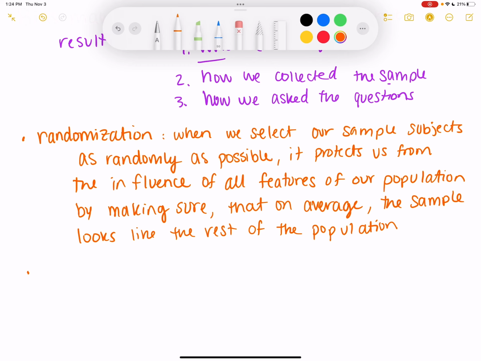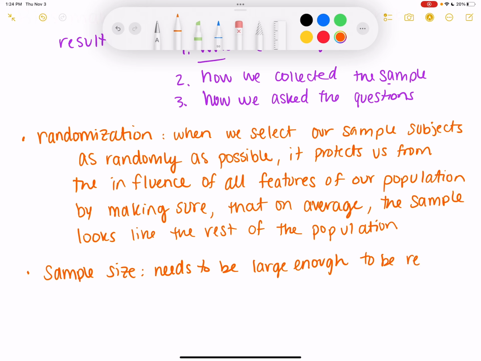The next one is sample size. It needs to be large enough to be representative. It's not based on the percent of the population.